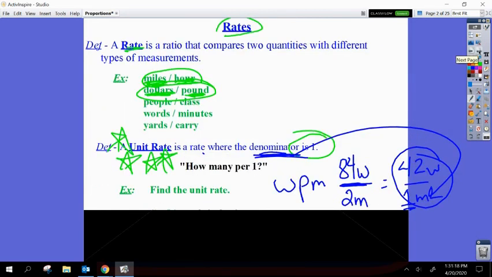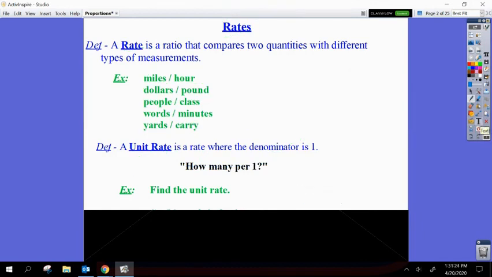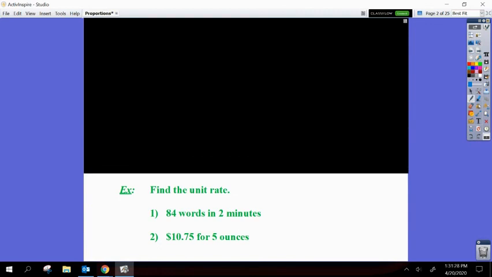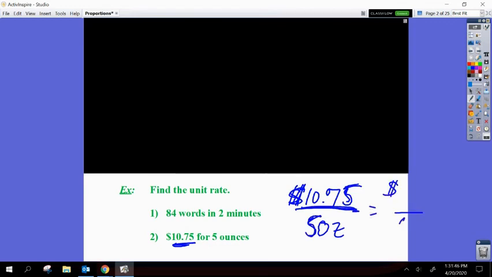You also should know that a unit rate is a rate where the denominator is 1. So in order to find the unit rate, it's as simple as dividing. Here's a tip for you. Dollars almost always goes on top. So if you're doing a problem and you see dollars, put dollars on top. 5 ounces, and you simply have to divide 10.75 divided by 5 to get the amount of money for 1